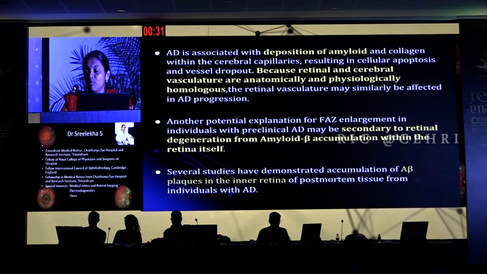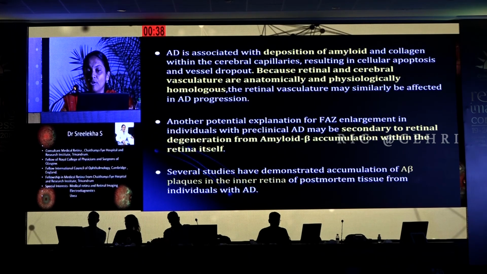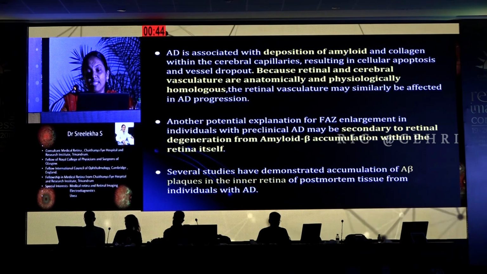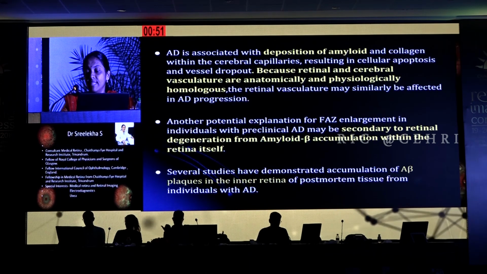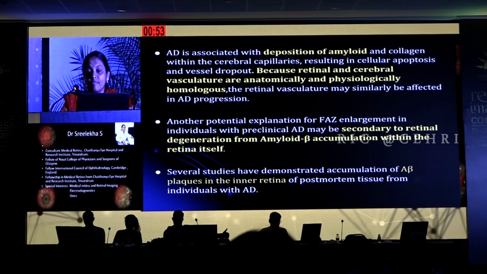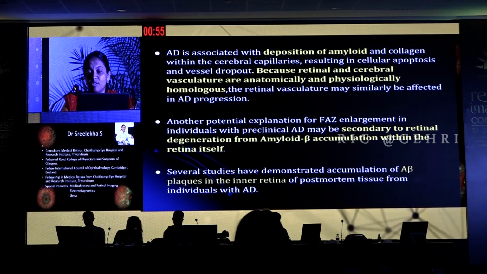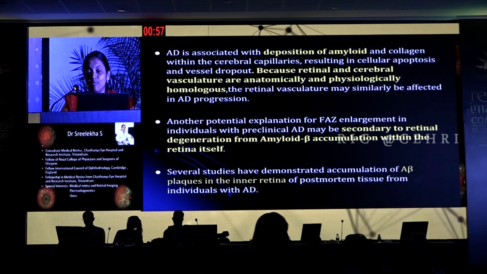Alzheimer's is associated with the deposition of amyloid in the cerebral capillaries. Because retinal and cerebral vasculature are anatomically and physiologically homologous, the retinal vasculature may similarly be affected in Alzheimer's progression. Another potential explanation for this FAZ enlargement may be retinal degeneration secondary to beta amyloid deposition within the retina itself. Several studies have demonstrated this accumulation of beta amyloid plaques in the inner retina of postmortem tissue